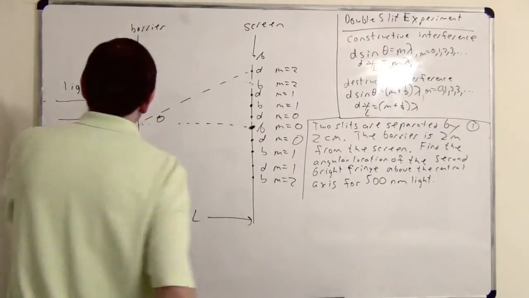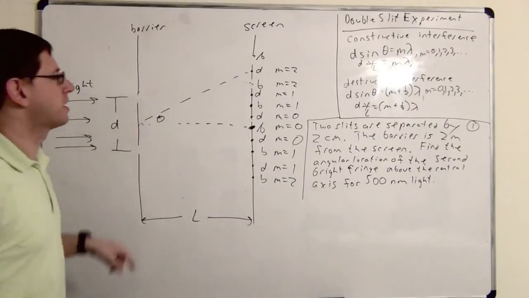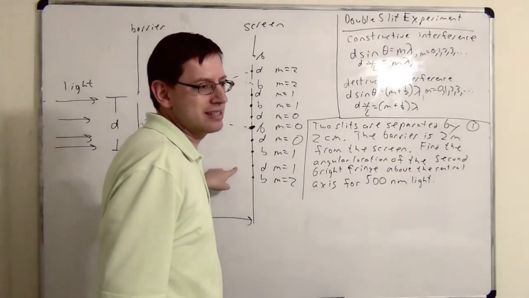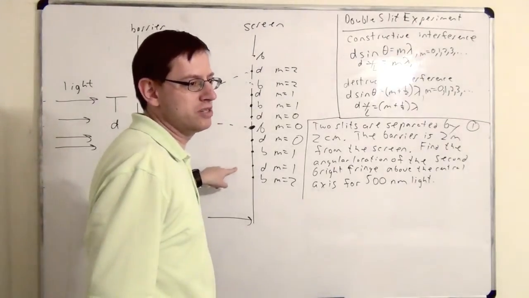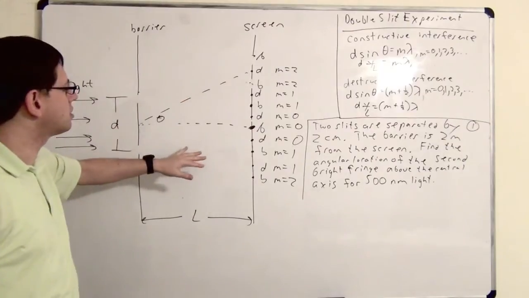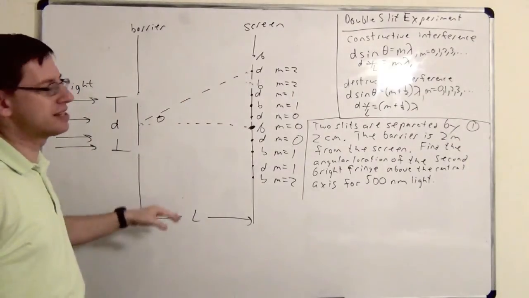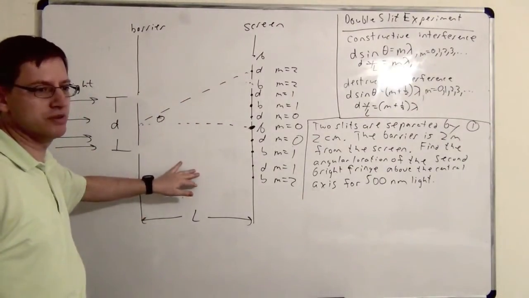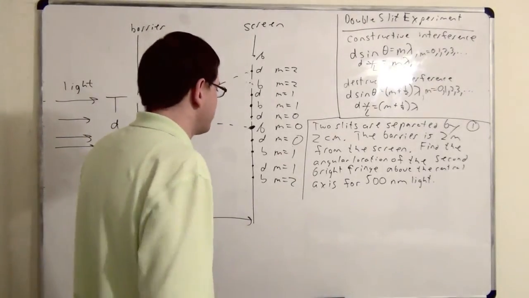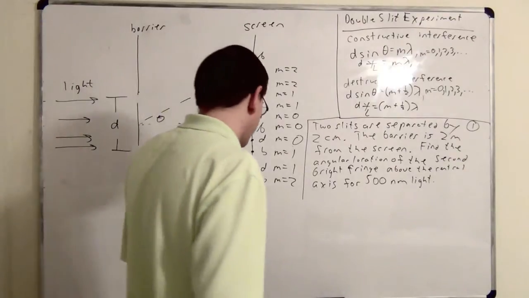Do you see how this experiment proved that light must be a wave? Because if it was a particle, there would be no reason to have this pattern of dark and bright spots. The only way to explain why we're getting dark and bright fringes is that there's constructive and destructive interference. Okay, so it's good to see the historical importance of this experiment. This is the experiment that proved that light was a wave. Of course, there's many other experiments you could do, but this was the first one that was used. That's why it's oftentimes popular on exams.